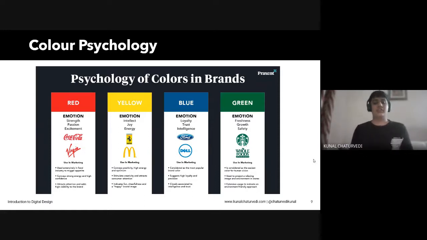So these are the important qualities of colors that come with color psychology and with color in design. So that's it for color psychology for now. We'll maybe discuss this later, maybe a bit in a question answer session or something like that. So yes, moving ahead,